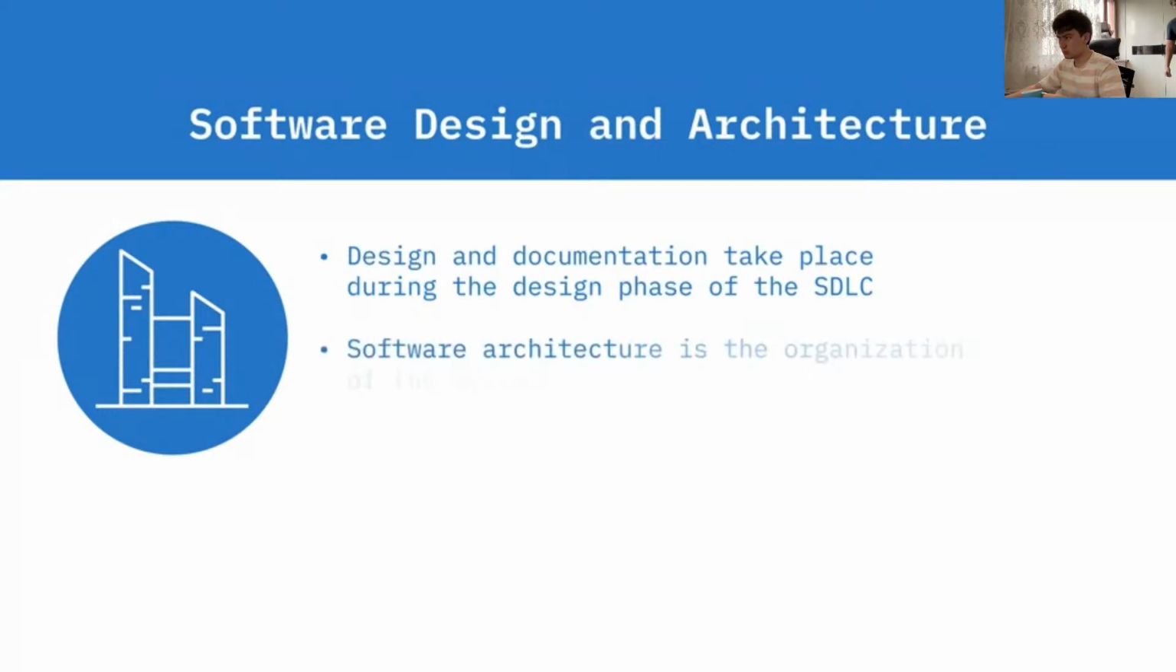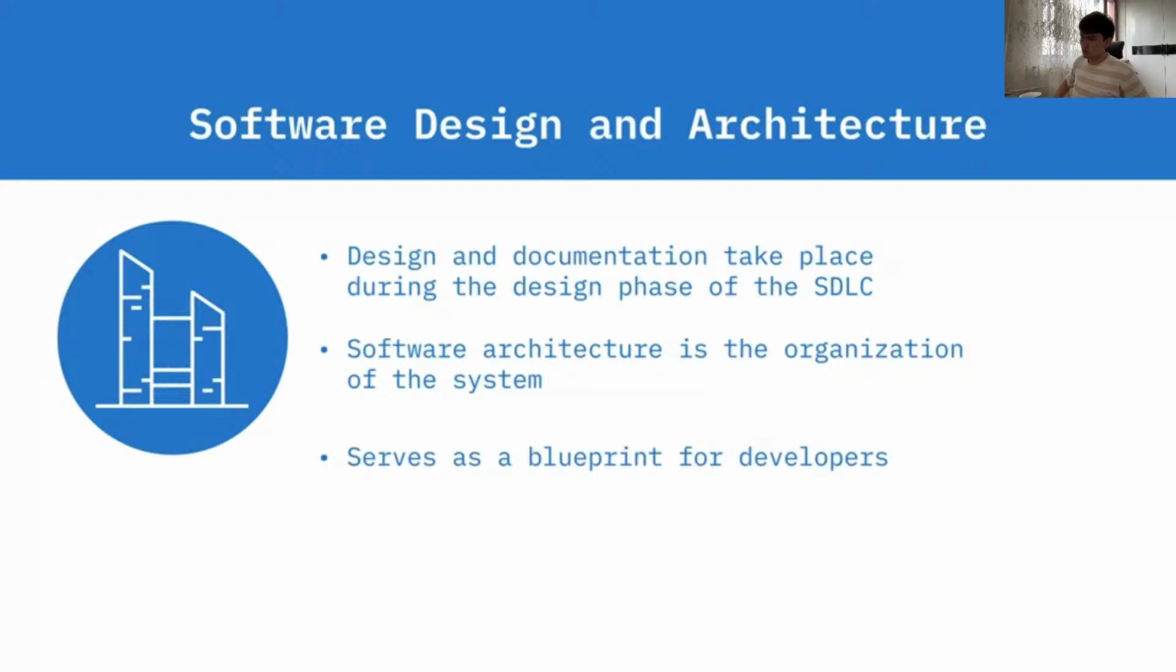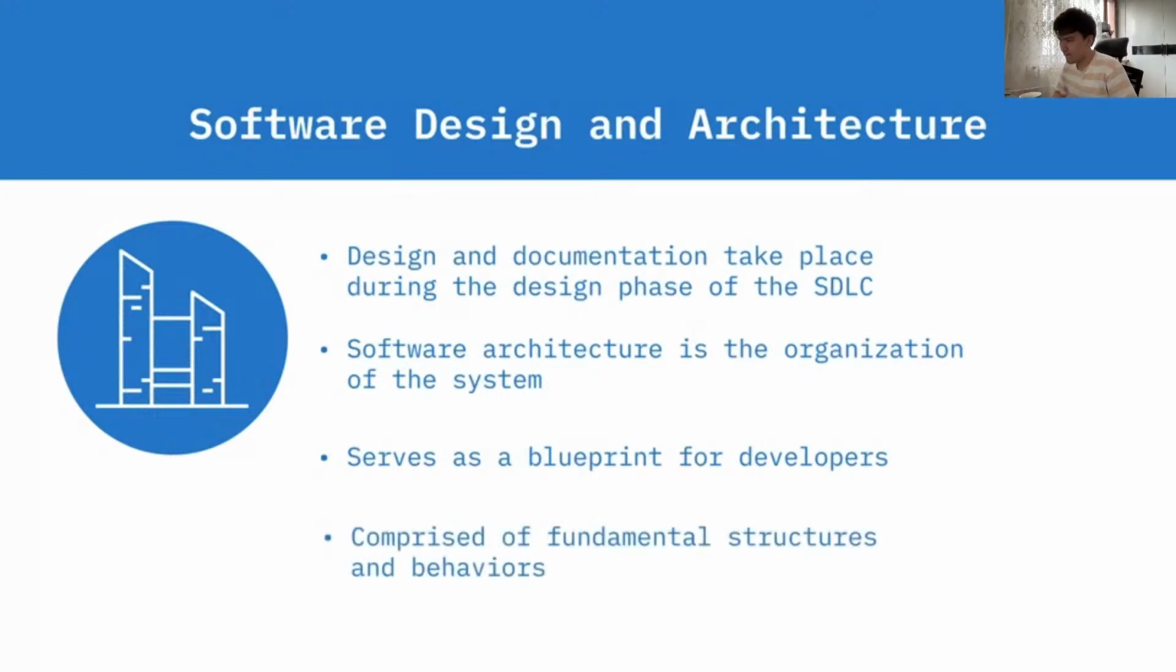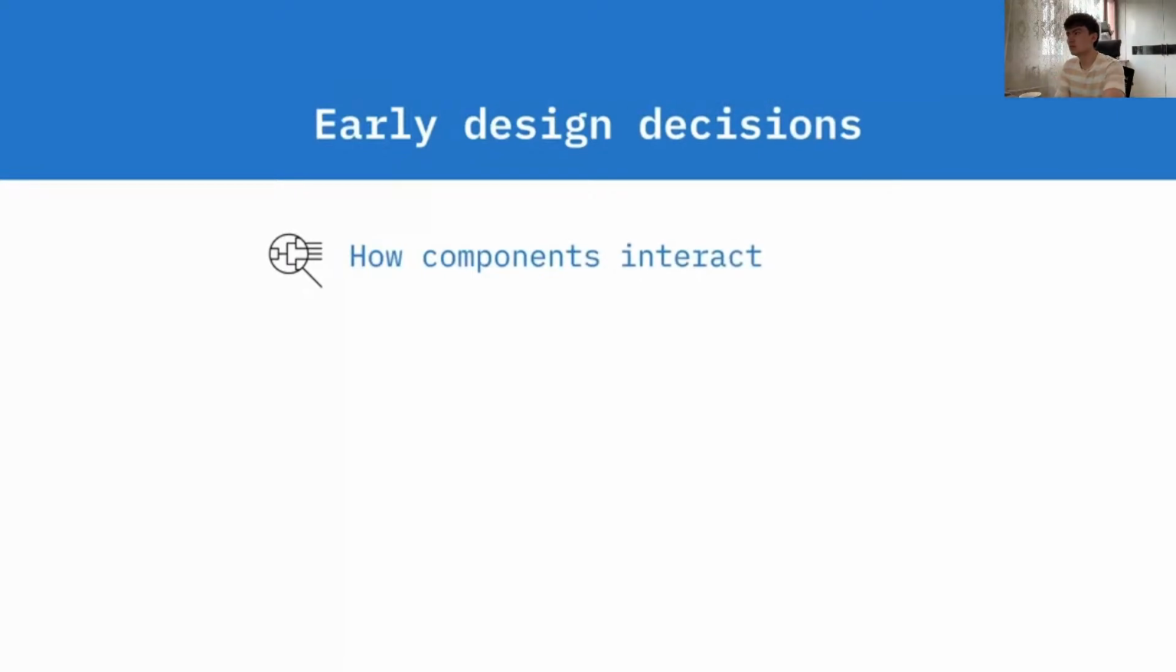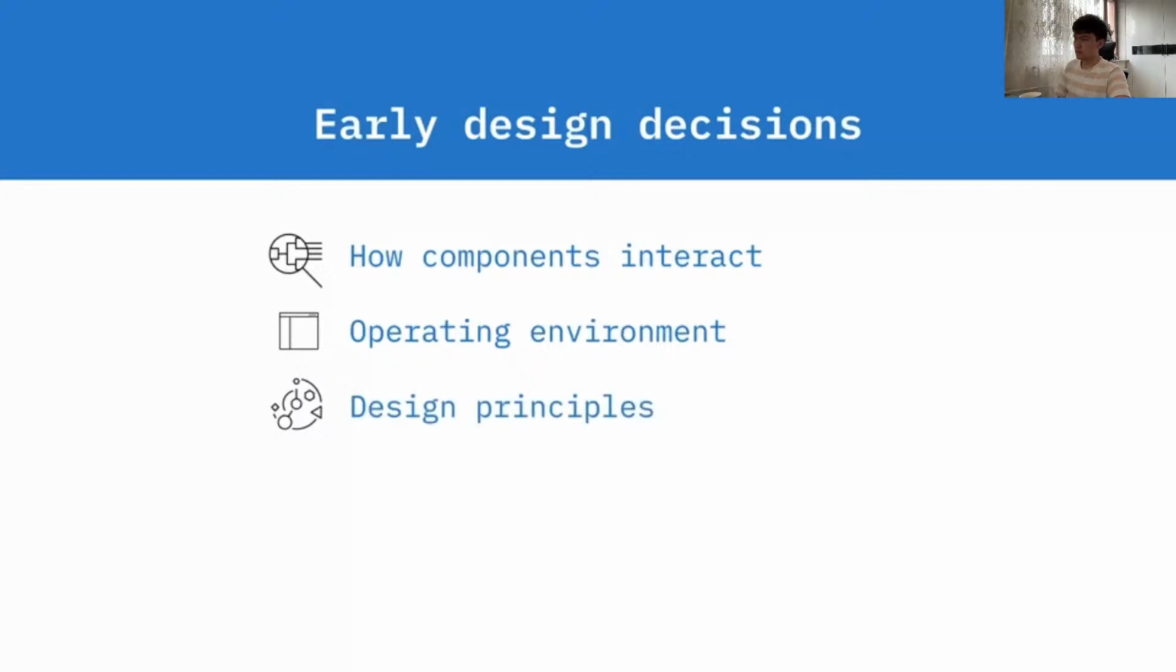Software architecture, simply put, is the organization of the system. Software architecture serves as a blueprint for the software system that the programmers use to develop the interacting components of the software. The architecture comprises the fundamental structures of a software system and explains the behavior of that system. The architecture defines how components should interact with each other, the operating environment, and the principles used to design the